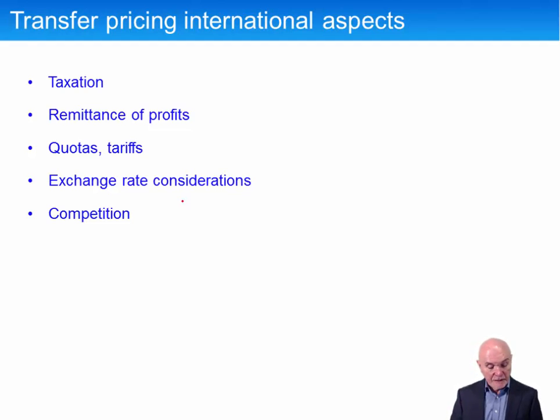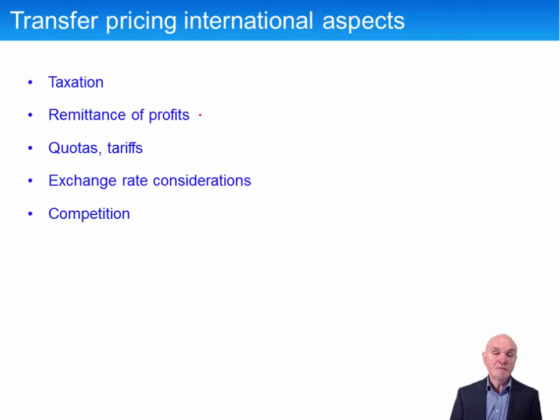So taxation can be important, though you can be sure that the revenue services in countries are aware of people manipulating transfer prices to avoid corporation tax. There's a lot of controversy about that at the moment with companies like Amazon and Google and indeed Apple, who seem to arrange to have a lot of their profits ending up, certainly within Europe, in a country like Ireland, which has a very low corporation tax rate.